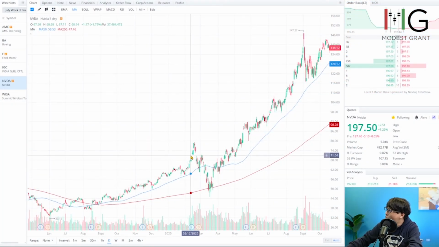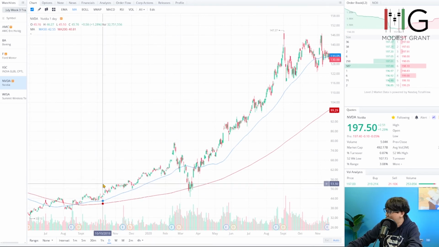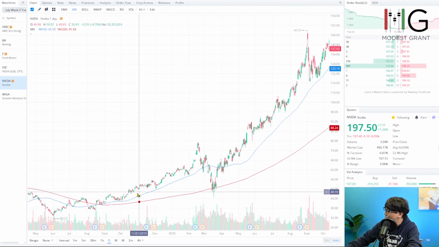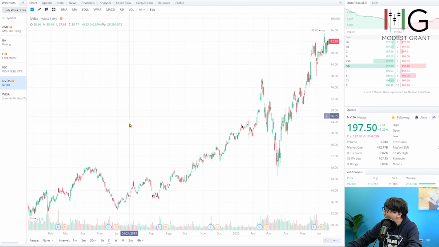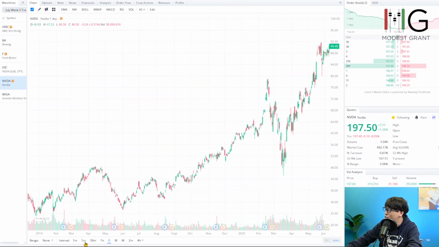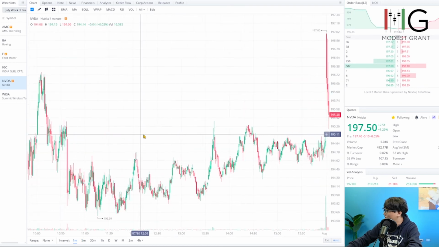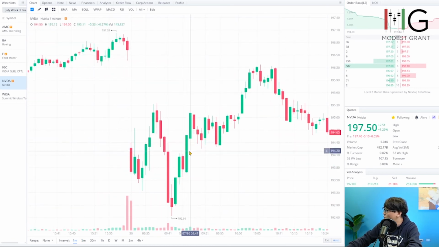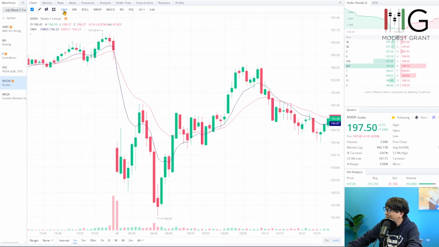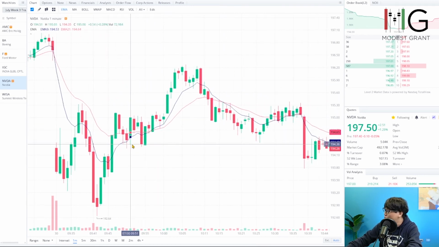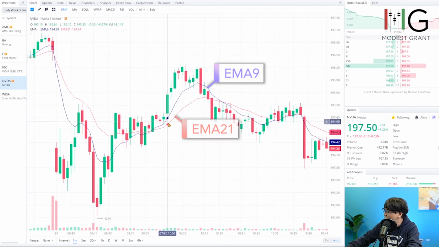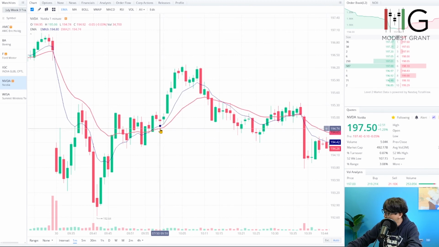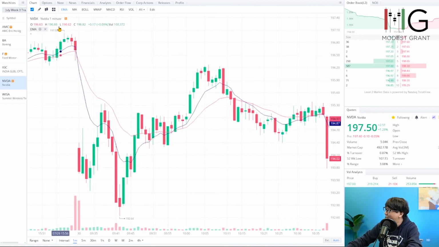And right here, if I'm holding NVIDIA for a long period of time, I would use a simple moving average. And this is my 50 period moving average, and this is my 200 period moving average. If I want to day trade NVIDIA, let's say I'm looking at a short time frame, this is 1 minute, and that means every candle is 1 minute. And I would be using EMA, exponential moving average. If I'm day trading, right here, the purple one is my 9 period EMA, and this salmon one, this red one right here, is my 21 period moving average. So if I'm day trading, I would be using EMA because it responds faster.